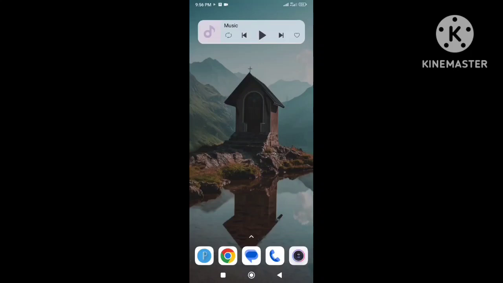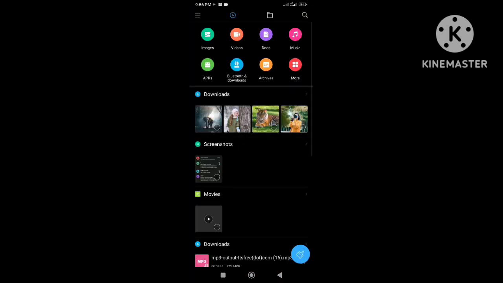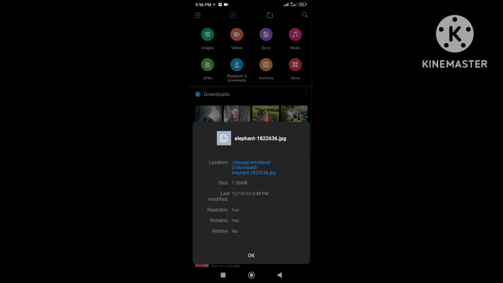In this video you will learn how to reduce image size in KB without reducing image quality on an Android mobile. We can reduce image size in KB in many ways, but by doing this the quality of our image is destroyed. So in this video I will show you how to reduce the image size in KB while maintaining the quality